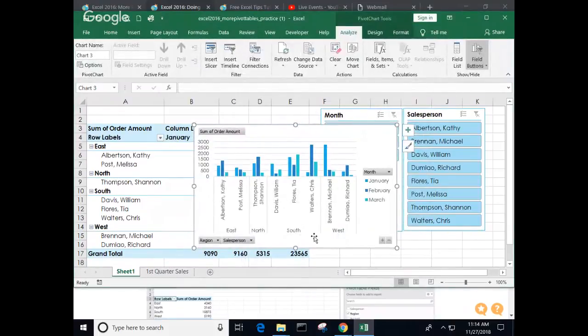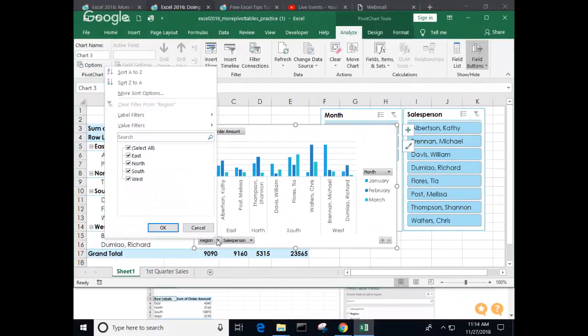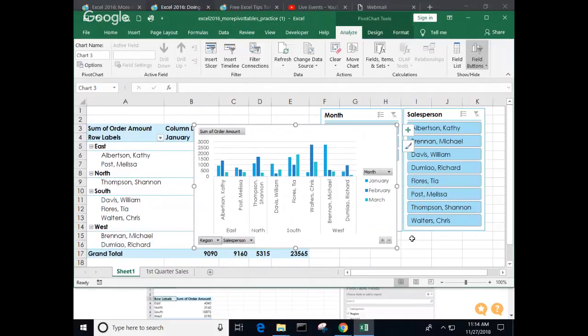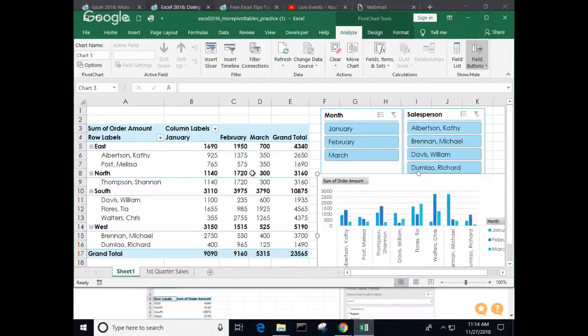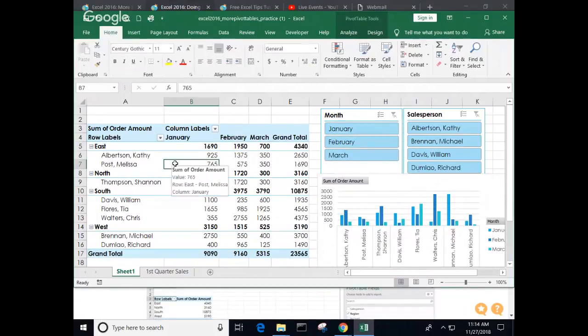And the interesting thing about this that's different from our other charts is it also has the filters built in here too. So right now with this button for region, I can filter on just the South region if I wanted to. We've already got the South showing up there. I've got lots of stuff showing up here. So we got the months over here. Right now we're doing the sum here. So it basically shows everything we've got in this. If we change this,